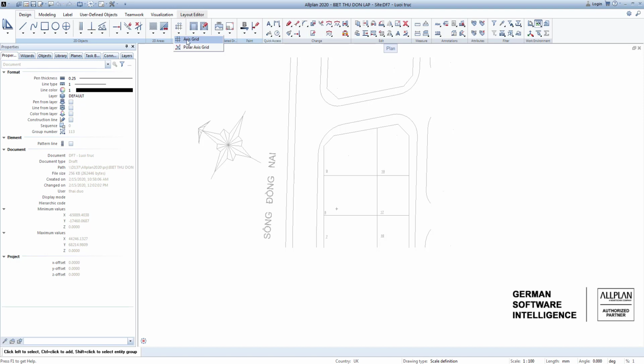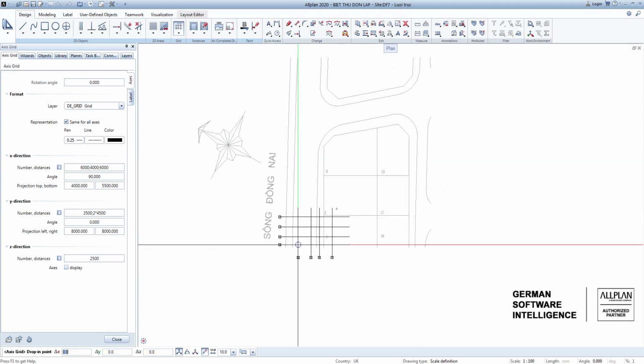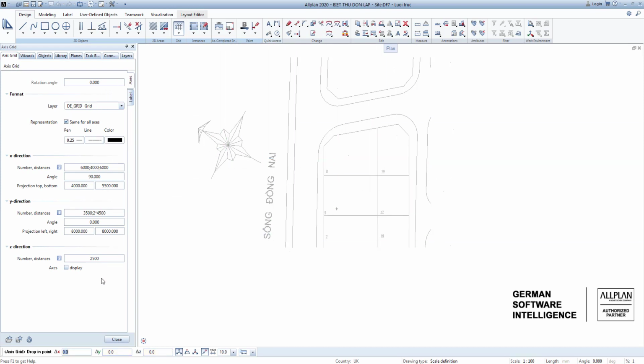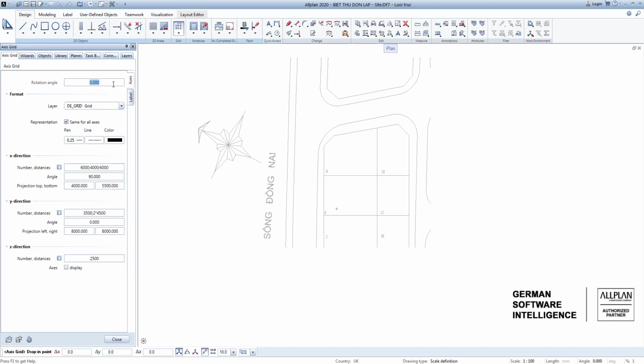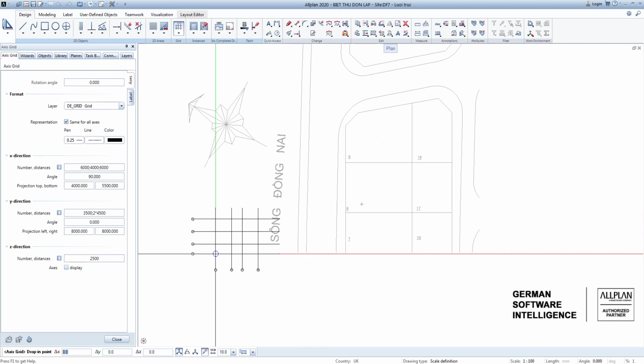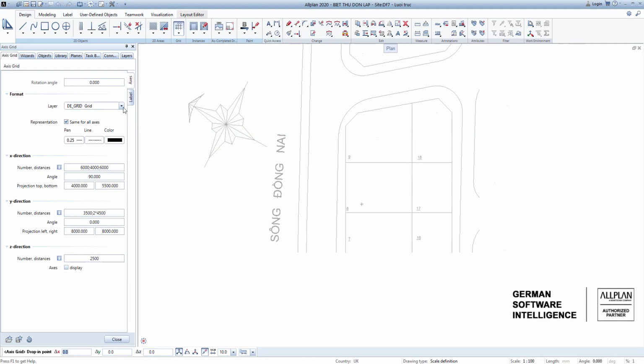Click on the axis grid on the action bar. This is a palette to define the parameters for axis grid. There are 2 tabs for define, Axis and Label. At the Axis tab, 0 degree for rotation angle. Select Layer,